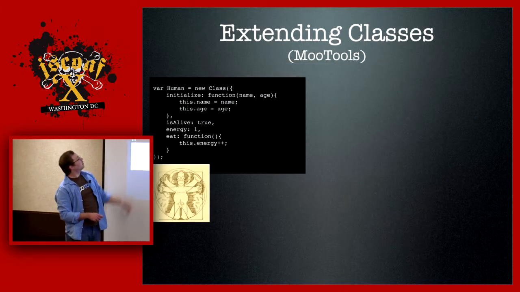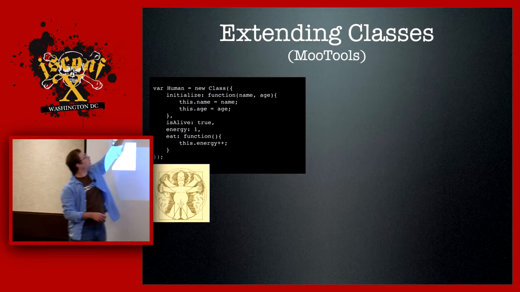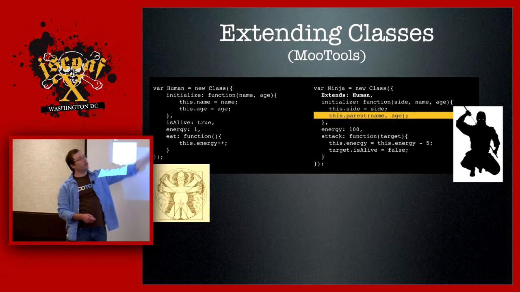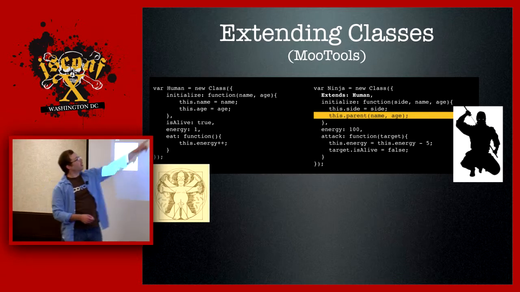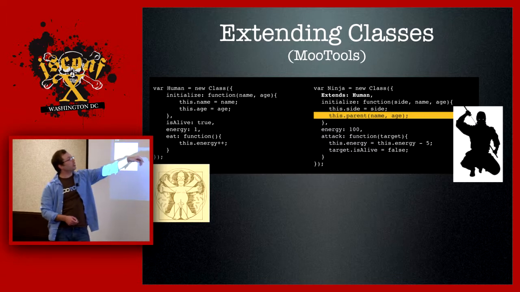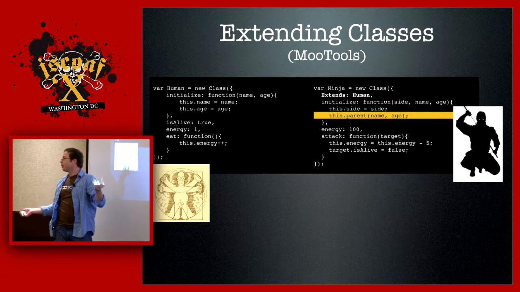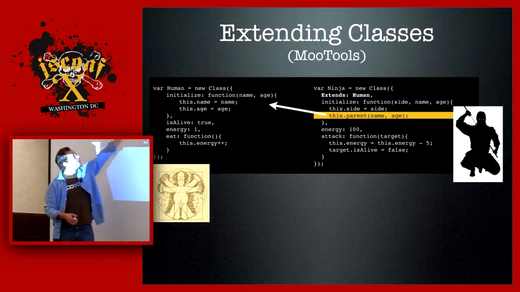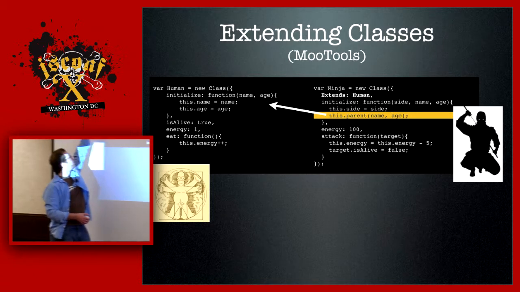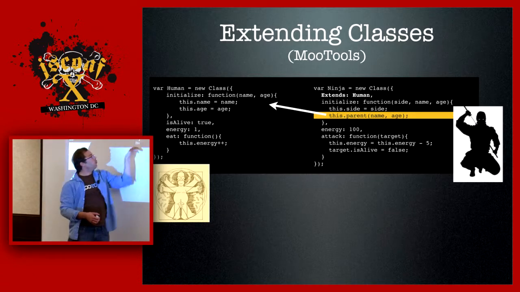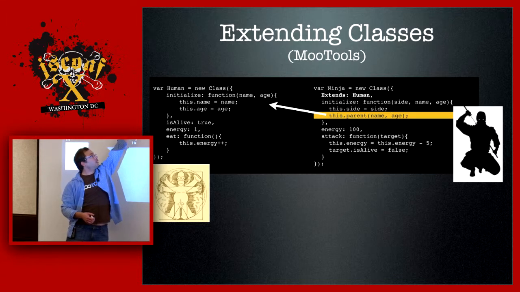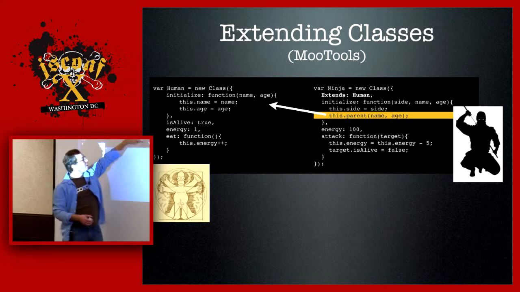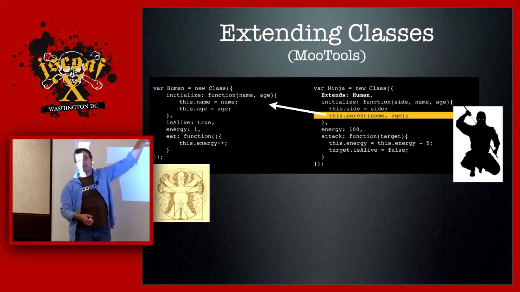So now let's look at our human class a little bit. I've changed it a little bit. Now we can actually name our guy, and energy and isAlive are still there. But let's say we want to create a new kind of human. So I've created this Ninja class. This is, again, some Mootools syntax. You could accomplish all of this in vanilla JavaScript, of course, because Mootools itself is JavaScript. So now we hand an object literal to Ninja, and we give this pointer to our human constructor. And what we're saying is, hey, I'm going to give you an object that, when I create an instance of Ninja, this object is going to be my prototype. But when I say it extends human, then I'm saying make human's object the prototype of Ninja.